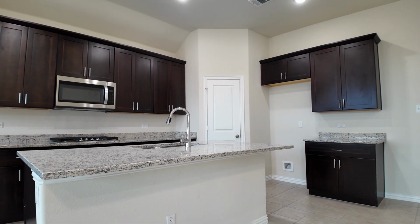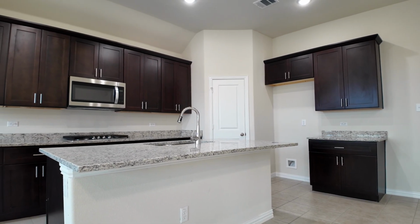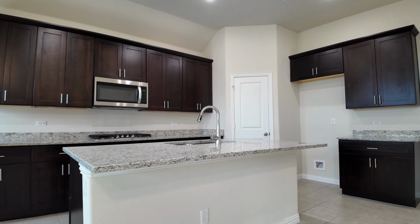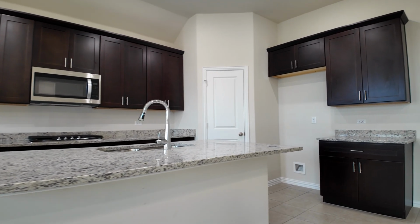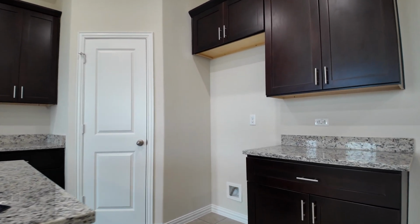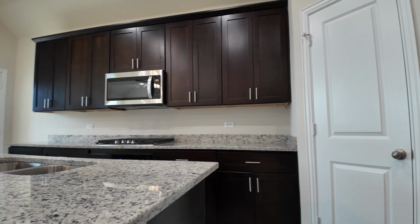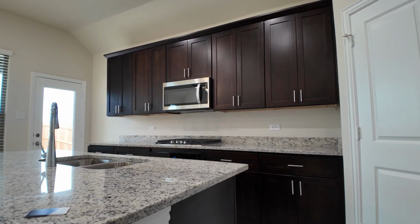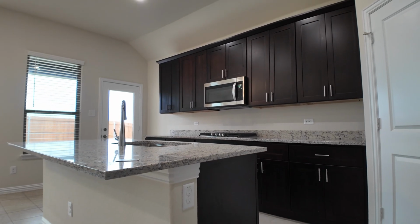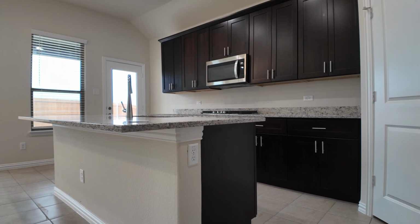Open floor plan, you customize your kitchen. You can see the solid surface counters that are offered there. I love the island that really divides the kitchen from the living room. This model has tile throughout, which with a couple of rugs, you could really customize it to your own taste. You can pick your cabinet color, your countertop color. You can see that the island is the height where you can have bar stools, so great for breakfast or